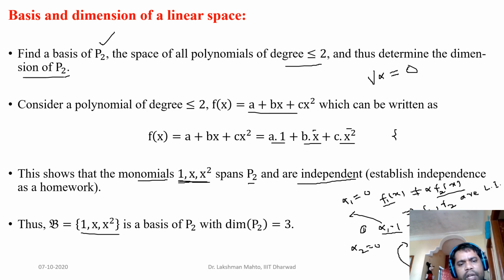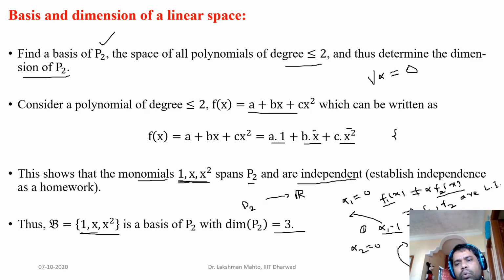With now, how many elements do you observe in this basis? You observe 3. That's why the dimension of P2 would be 3. You got the idea of dimension as well, you got the basis. So simply you can say that P2 has a relation with R3, three-dimensional, because R3 also has dimension 3. That's why definitely there is a relation.